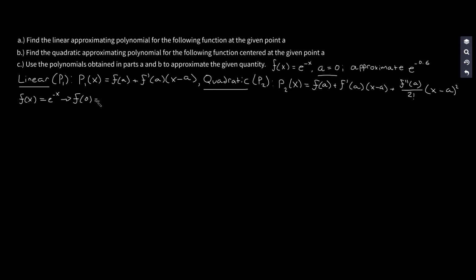So that means that we're going to be evaluating e raised to the negative 0 power, e just raised to the power of 0, which anything raised to the power of 0 is always 1. So that's our function evaluated at 0. Now we need to find the actual derivatives themselves. So f prime of x,